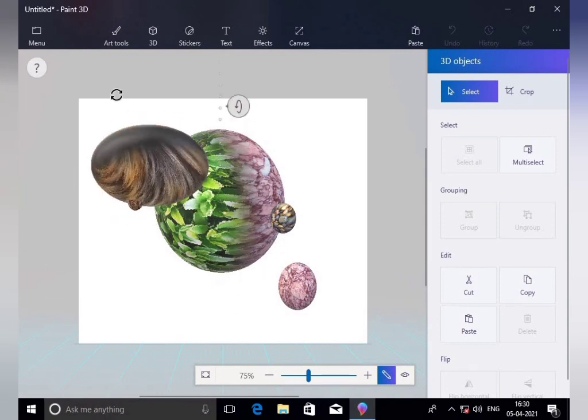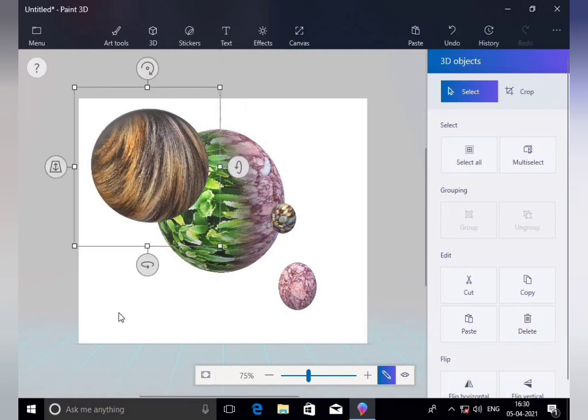Try different things at your home. Practice and see the use of Paint 3D. It is a normal thing that I am showing here, but you are the child and you have to do something new, creative things on your computer. If you have a Paint 3D application, please use it and draw something new, creative ideas on your paint window.